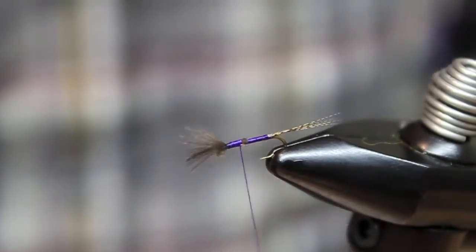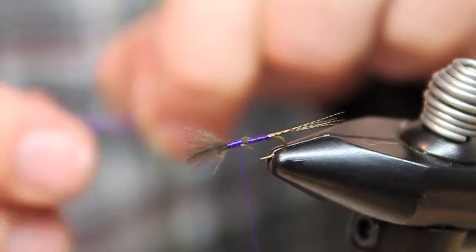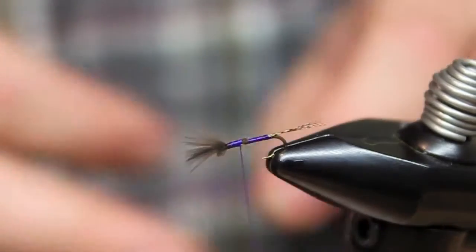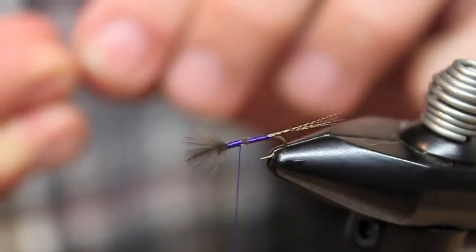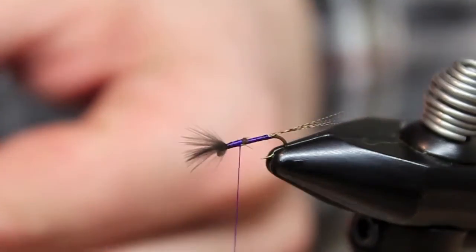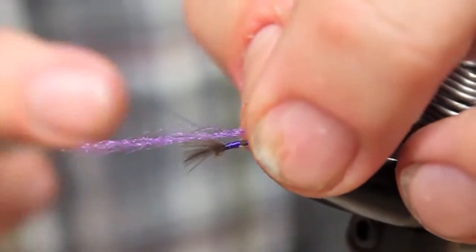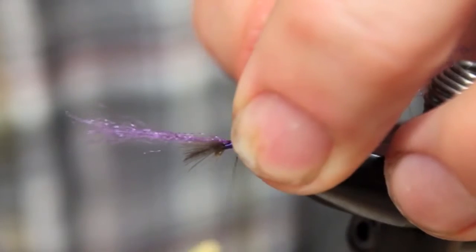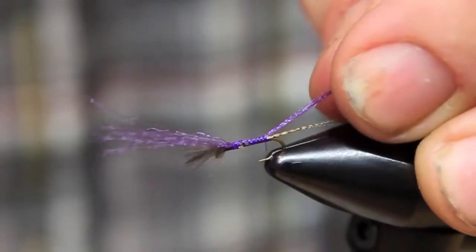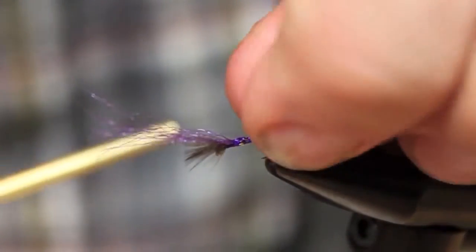Okay, the next part we're going to do is we want to make sure that this fly is visible. We're going to put on some Antron. For this fly, you want to keep it a sparse fly, but this just adds a little bit of floatability and some visibility to the fly. So we're going to take about 10 fibers of purple spooled Antron from Hairline, wind that along the full shank of the hook so that you have some coming right above the wood duck tail that we tied on already,